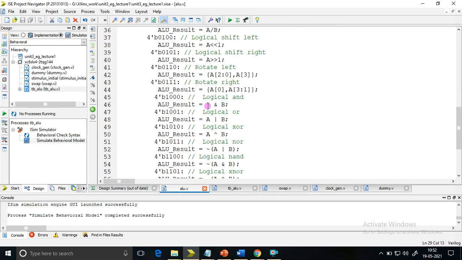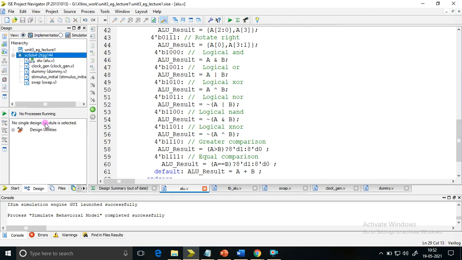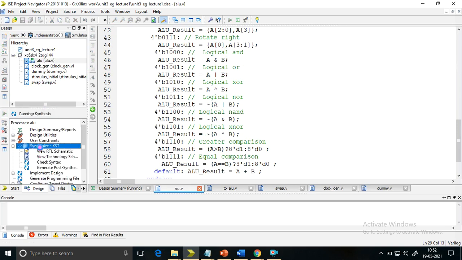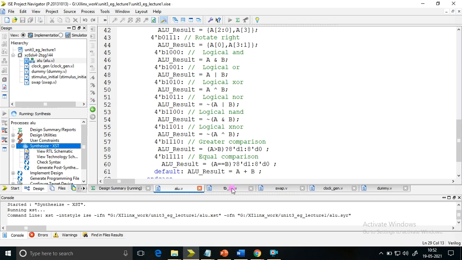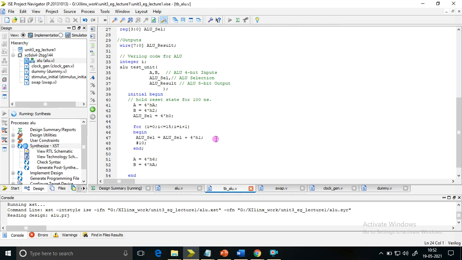I just want to execute and show. There were some errors here, that's why people were trying and not getting it. So I'll synthesize it and show you. It's already synthesized actually, but I'll synthesize it once again for you. And also the test bench waveform, whatever code I have given in your lab manual, is the same test bench waveform.